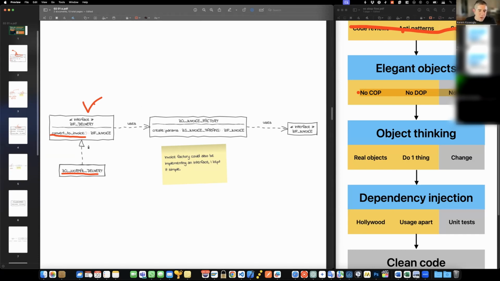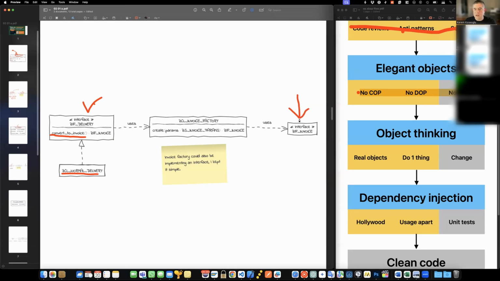And then whenever I want to create an invoice, I don't ask for delivery data from my client program. Instead, I tell the delivery class to create an invoice for me. And this delivery class will call the necessary BAPIs and whatever, and create the invoice, and then return the invoice to me.